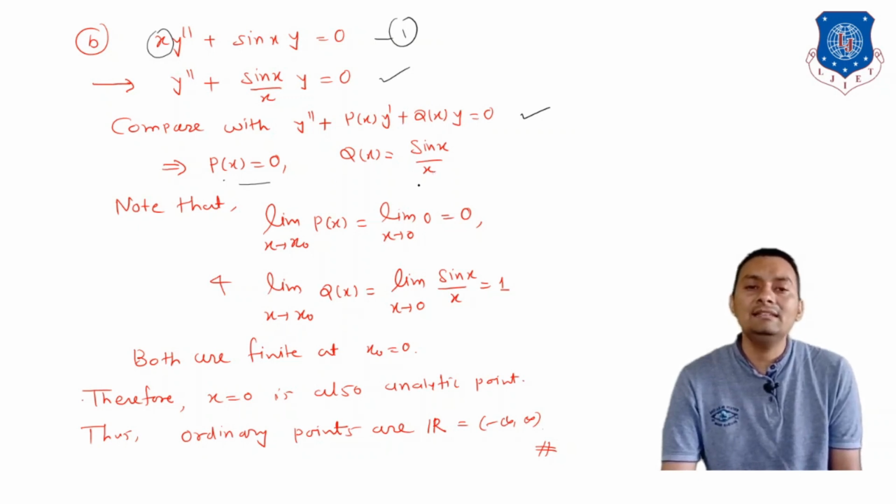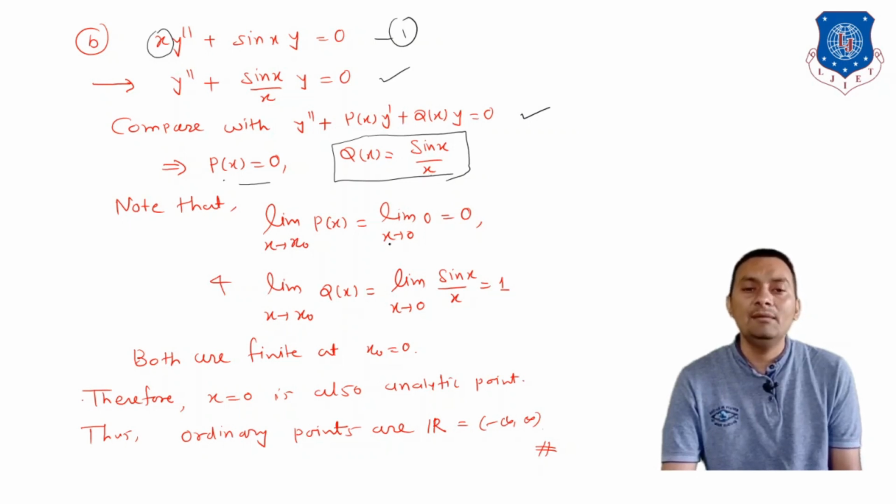But here we can see that x is equal to 0 is going to be a problem. But what about the function q of x? Don't say directly that this function is a singular point at x is equal to 0, but you should verify it. How can we verify it? In that case you have to take the limit x tends to x0 of p of x, but we are talking about the denominator being 0 here, so is it actually a singular point or not?